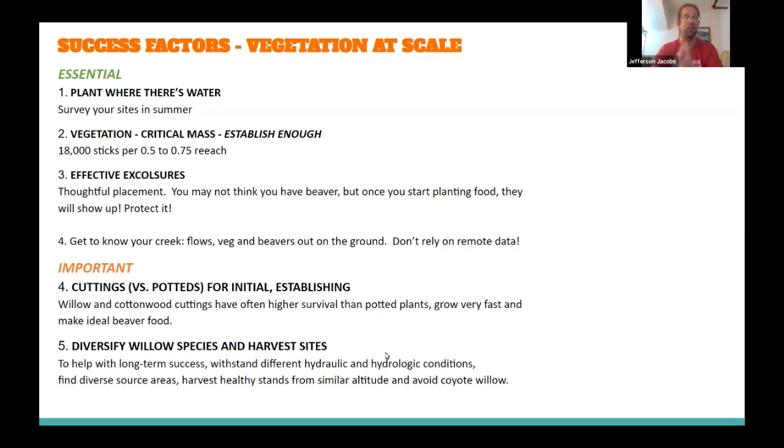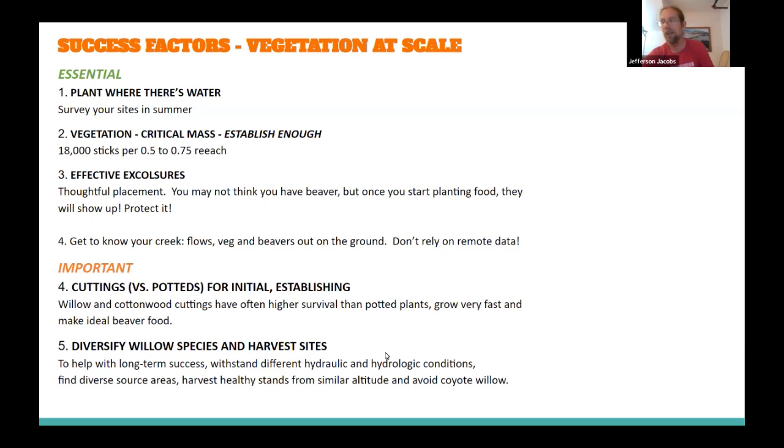Picture that cone, that funnel that Reese had, and that, oh boy, misspelled exclosures there. You want to have really effective exclosures, because you want to protect your investment, all that work that you put into it. So, and this fourth bullet point is intentionally set off a little bit on its own, because